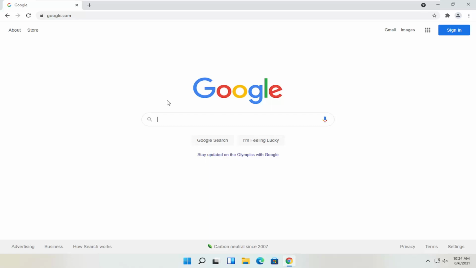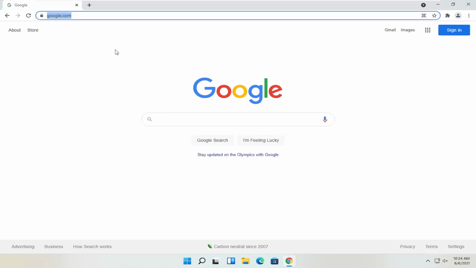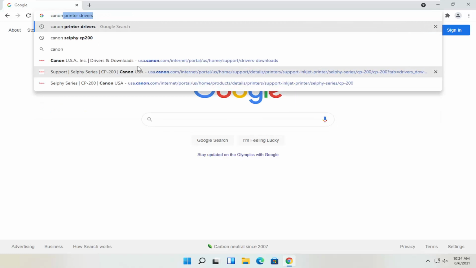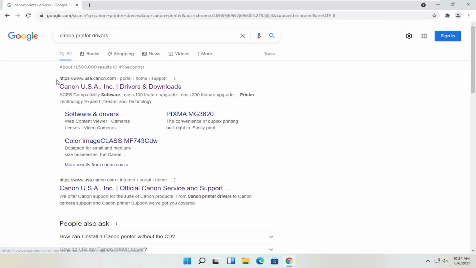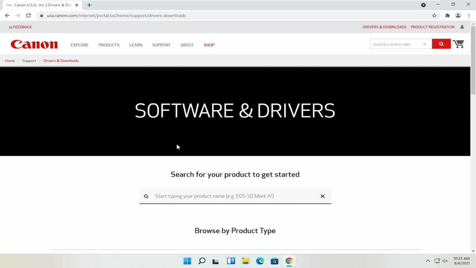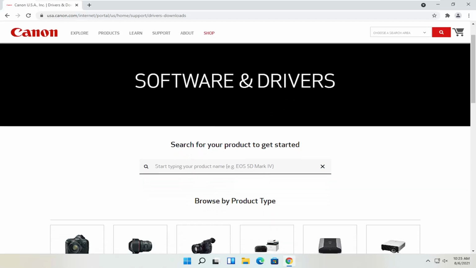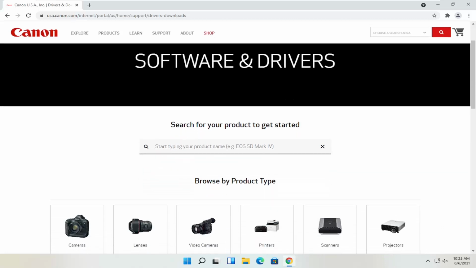So anyway, back to the tutorial here. We're going to start by heading over to Google, and you want to just go ahead and search for Canon printer drivers. Just search for it. And one of the best results should be from a Canon domain here. So you can see it's regionalized for us, but in your case it might be just the international version, which is fine. So you can go ahead and search for your product in this list right up in this field,